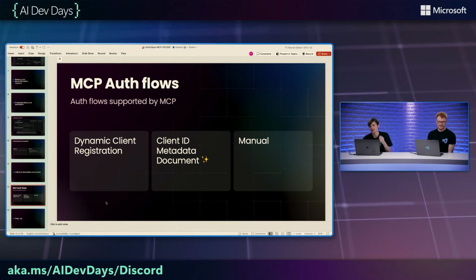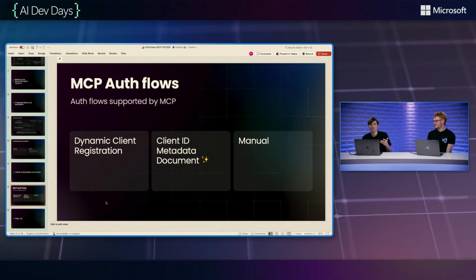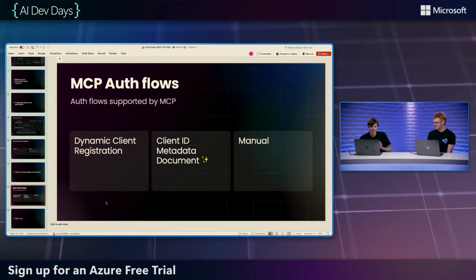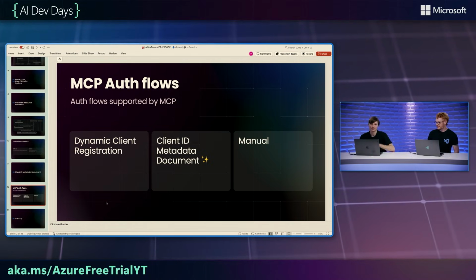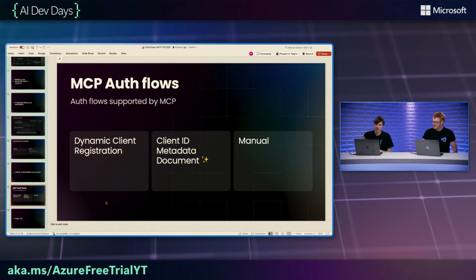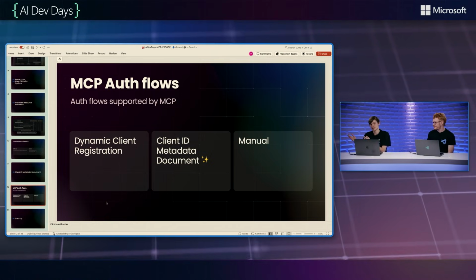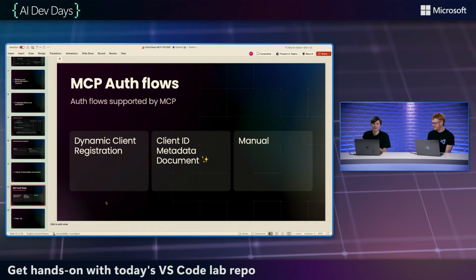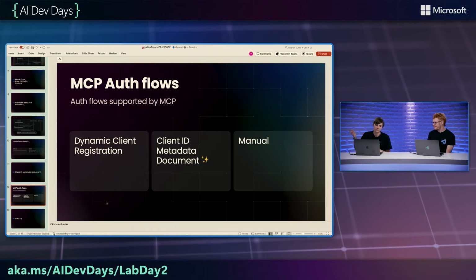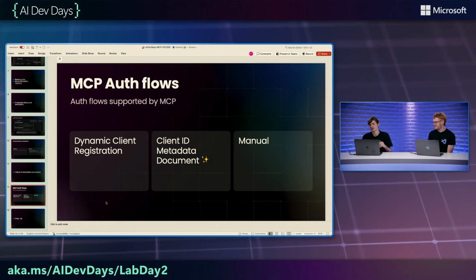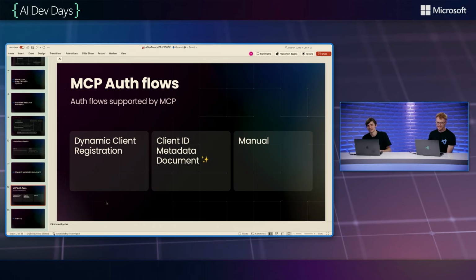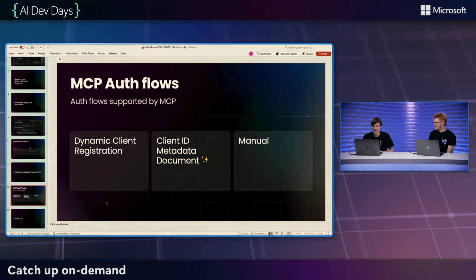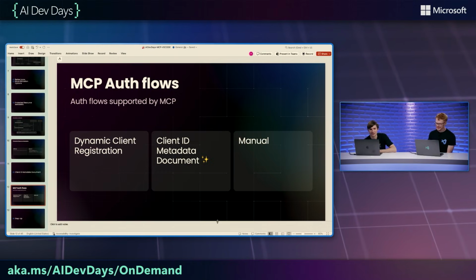But client ID metadata document is the new hotness that's very much in favor when compared to dynamic client registration. So if you are an MCP server author and you're looking for an authorization server, look for one that has client ID metadata, because that's the future. And if you happen to work on an authorization server that does not yet support client ID metadata documents, well, do I have some work for you? That will be super helpful because you'll be able to light up a bunch of MCP servers that are coming